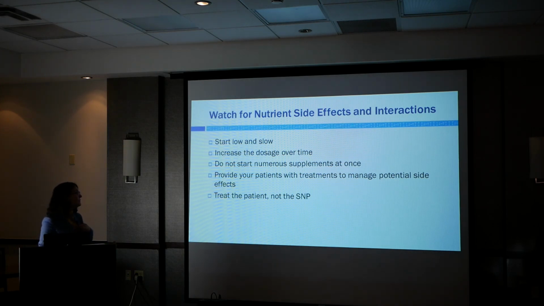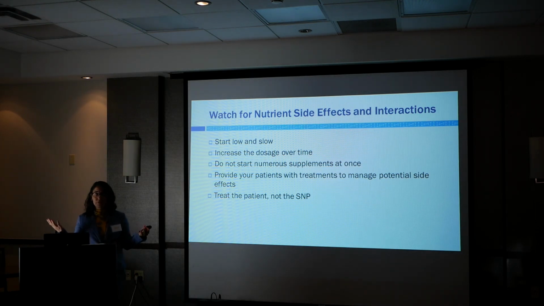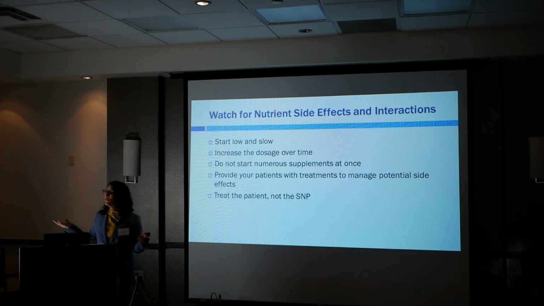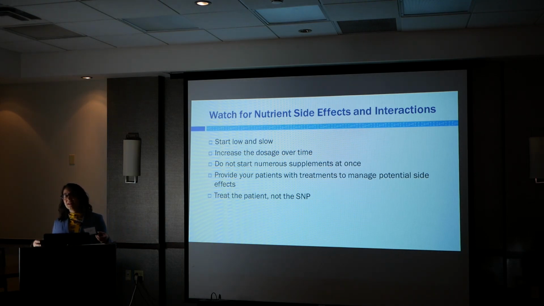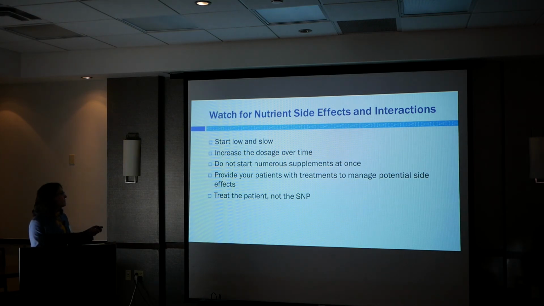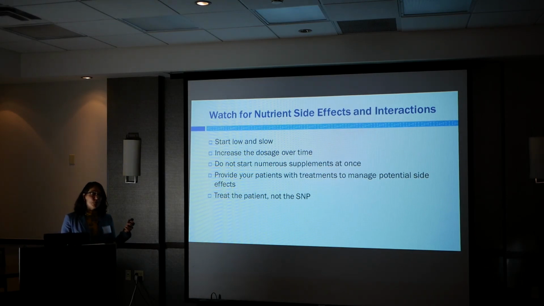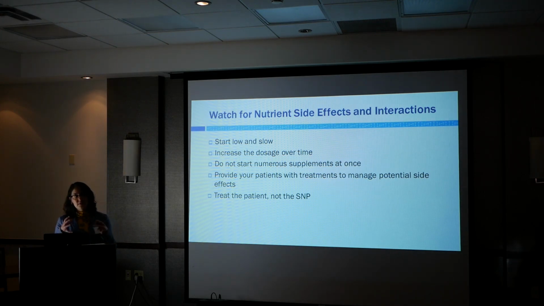Provide your patients with treatments to manage their side effects. So if we are doing a gut treatment and you feel like a person's dealing with die-off, then what do they do? Can we use vitamin C to get a clearing bowel movement, or molybdenum to support sulfation, or charcoal to soak up the endotoxin? And most importantly, we're treating the patient. We're not treating the single nucleotide polymorphism. So that's why we always look at more than just the SNPs. We look at the patient, and then we look at correlative labs, or labs that can complement genetic